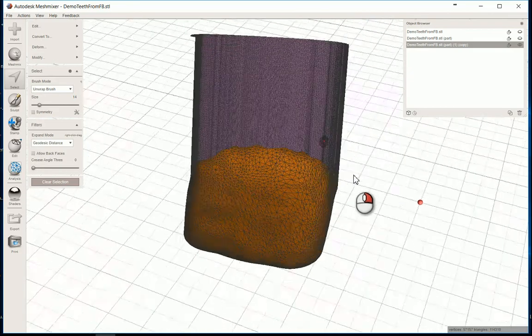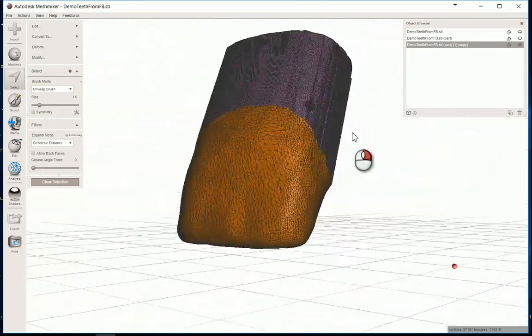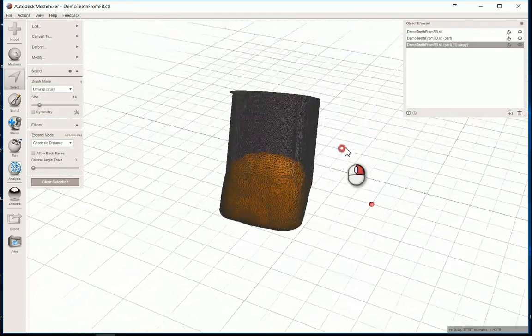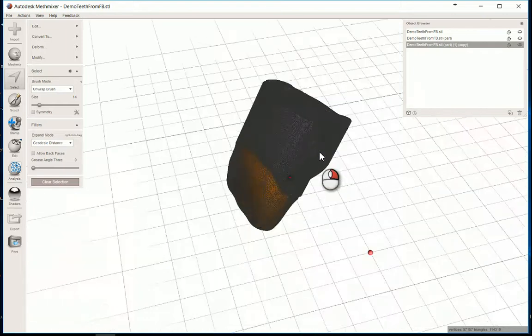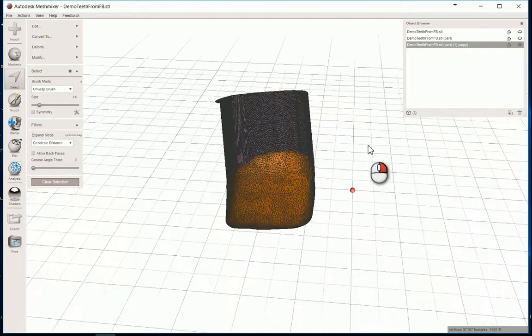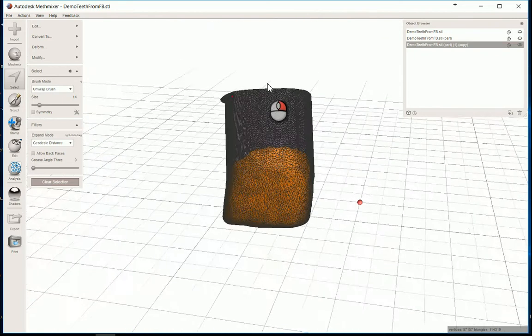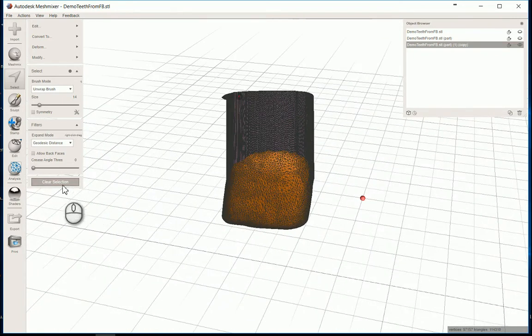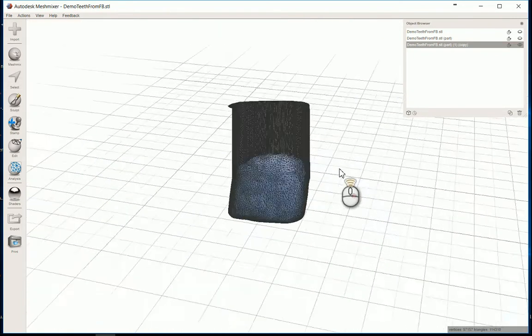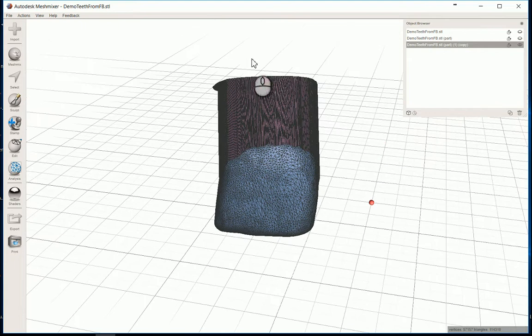Okay. So now we basically have a little tooth die. Essentially, it's a solid, so you can do a lot of things with this, and it should be relatively easy to do some operations from here on. So I'm going to clear selection, and looks good. This is the real meat of this video here, which is actually the most simple thing. With only the one object selected in the object browser,